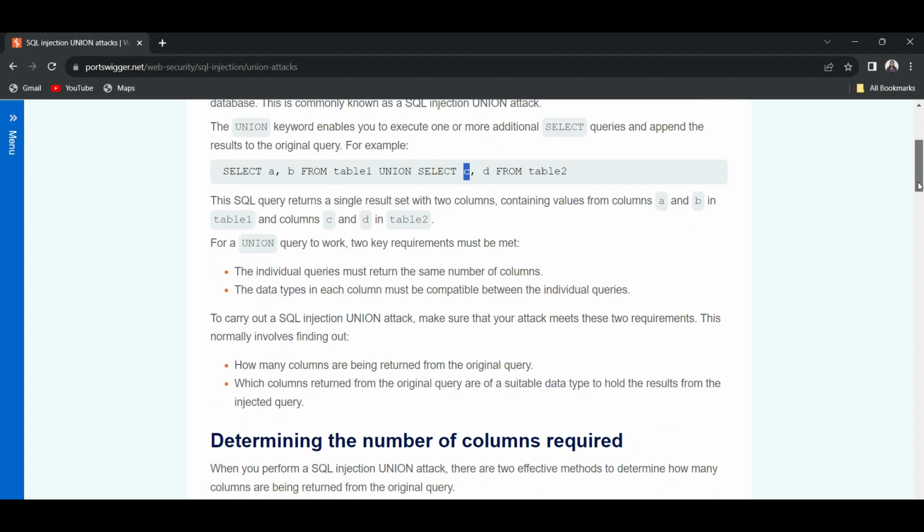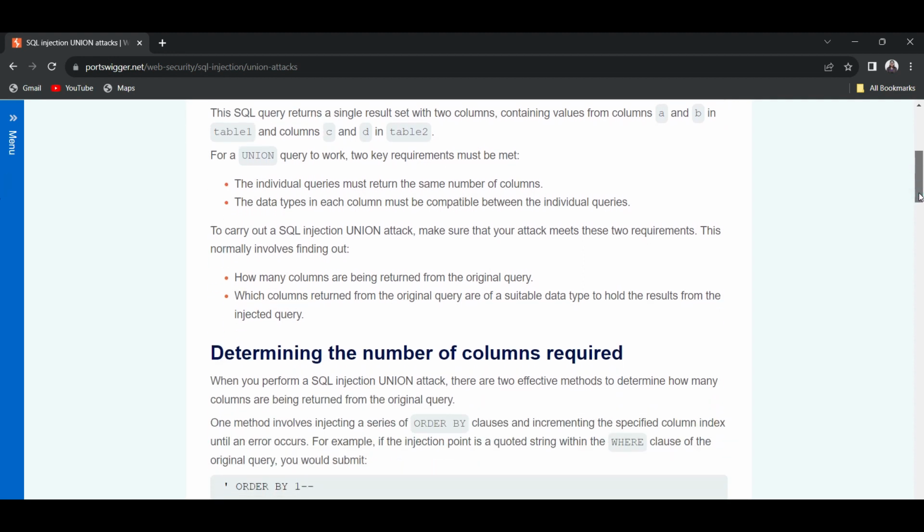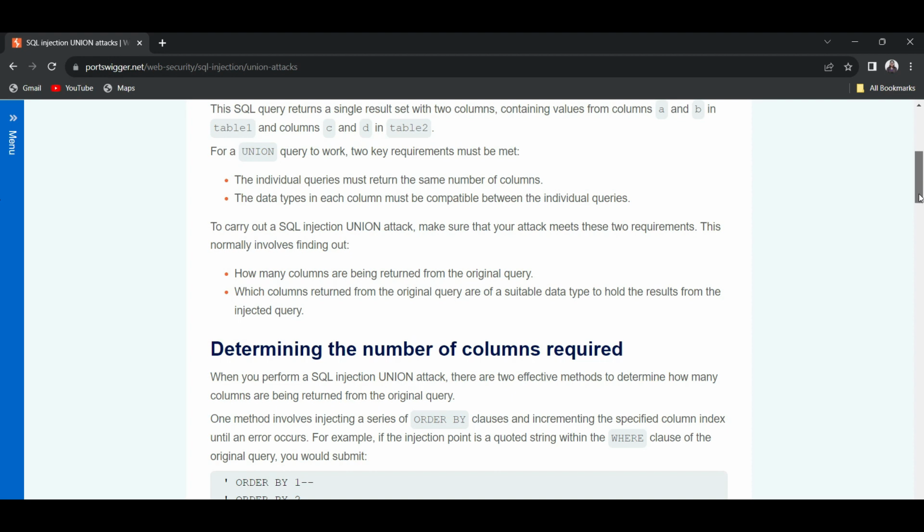So these are the two primary requirements for a UNION query.